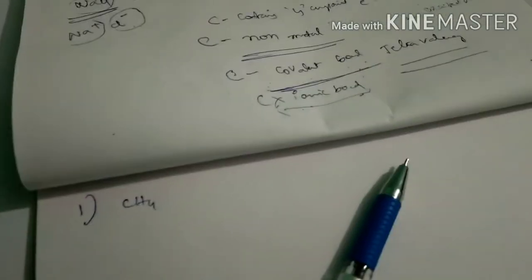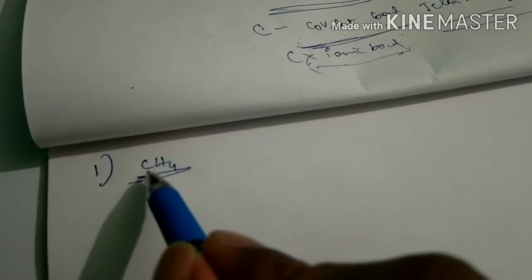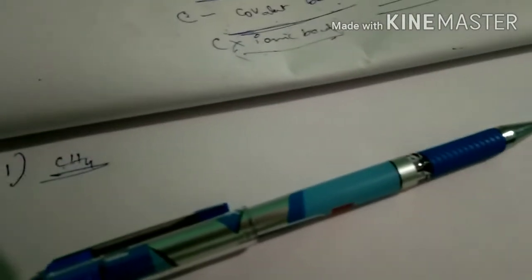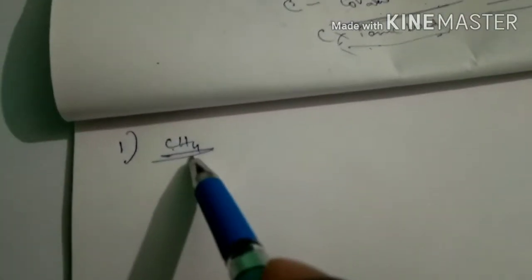First example, CH4. This is called methane. You just remember this. This is called methane gas. Here this is a carbon compound. Why is it called a carbon compound? Because along with carbon, hydrogen atoms are there. Compound means 2 or more different atoms should be there. That is called compound. So why is it called a carbon compound? In that compound, carbon is there along with some other atoms. Here the point is we have to draw the structure of this one. What I told you, anywhere carbon forms how many bonds? 4 bonds.